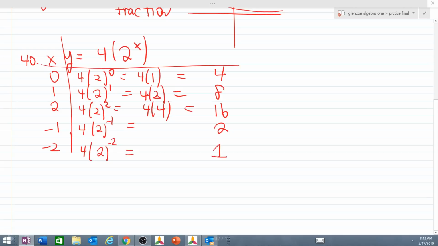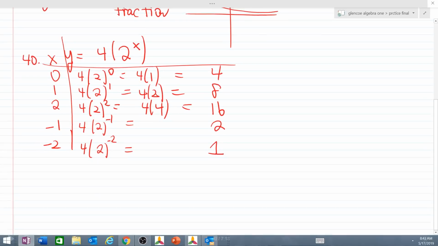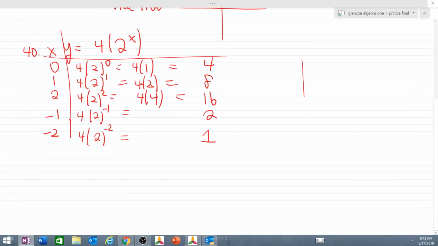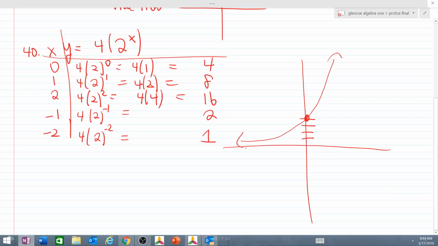Is that correct? Yes. So our correct graph here is going to look like this. So first of all, let's find what my y-intercept is. 1, 2, 3, 4. It looks like my y-intercept is what? 4. What's the only one that has a y-intercept of 4? B. So my correct answer is B, and I'm pretty much done. Are you guys with me? Okay, 41,